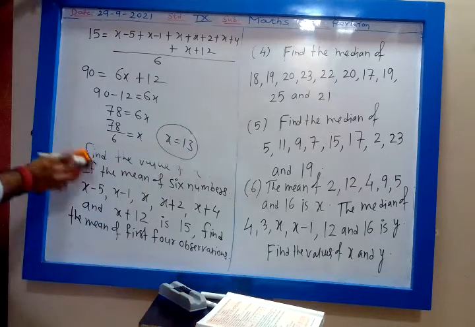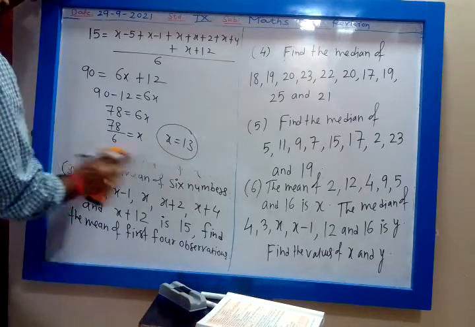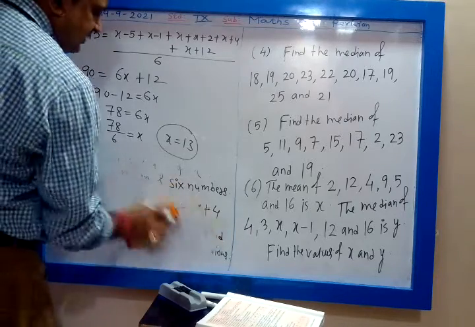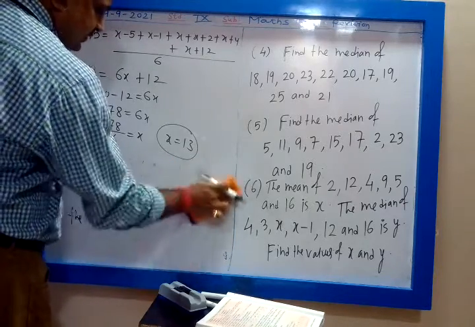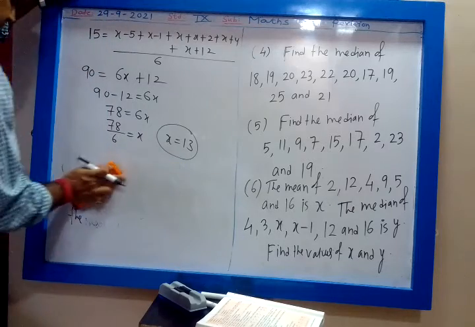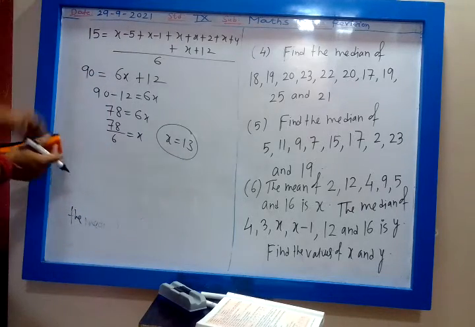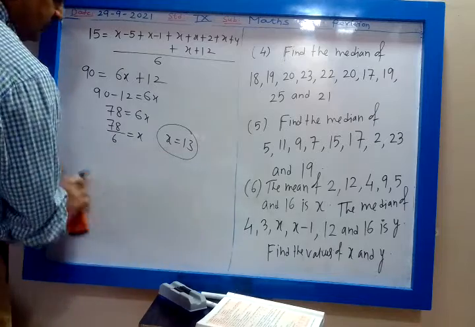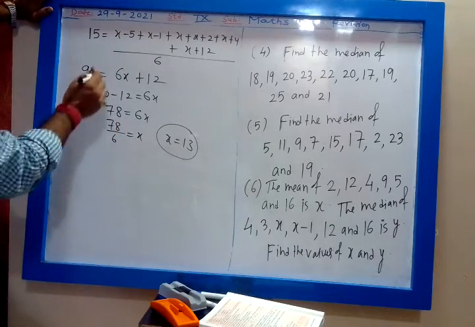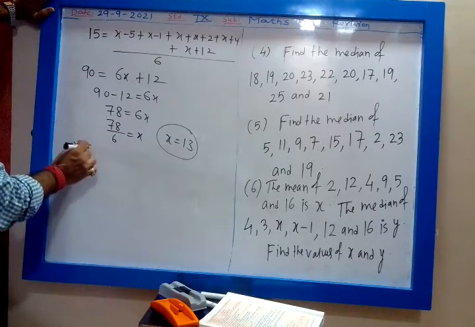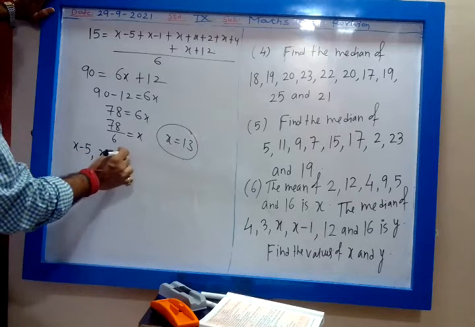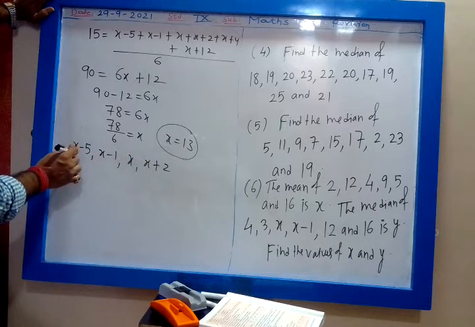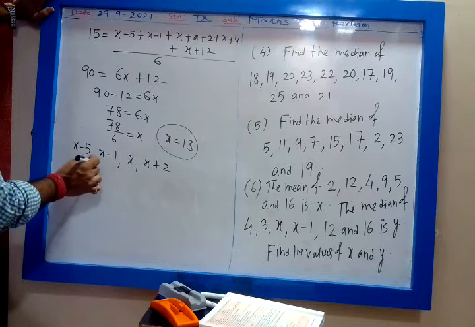So when x is 13, now after finding the value of x, you have to find the mean of the first 4 observations. So first you will find the first 4 observations. What are the first four observations? First four observations are x minus 5, x minus 1, x plus 2. Put the value of x as 13. 13 minus 5, 8. 13 minus 1,